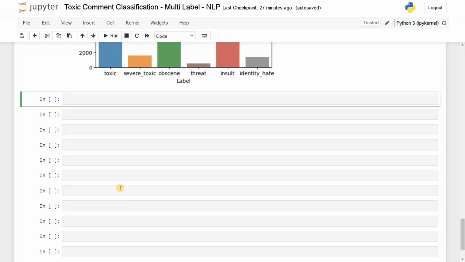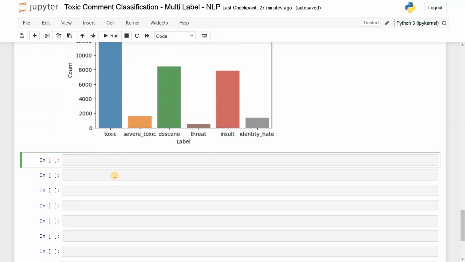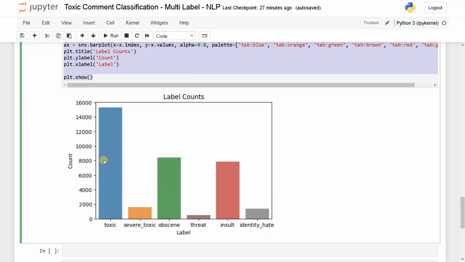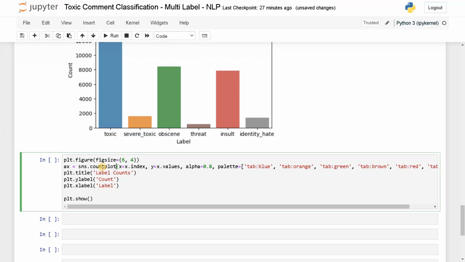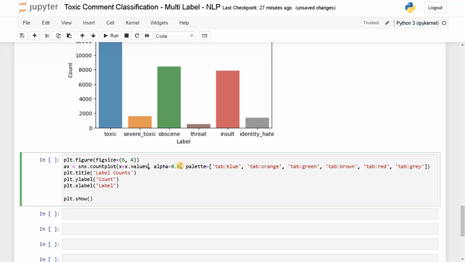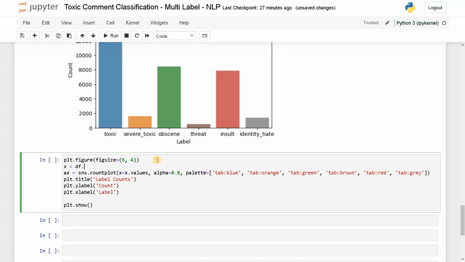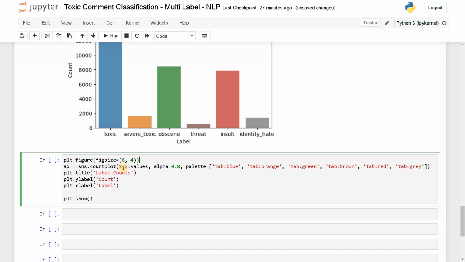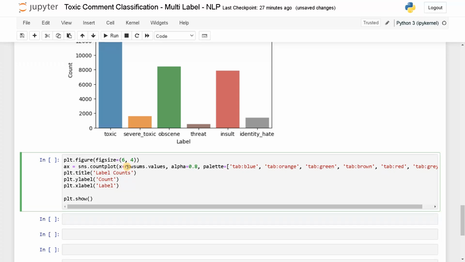Now again, we will use a similar plot, with a few changes. sns.countplot, and x will be df.iloc, 2 colon, sum with axis equals 1, or I think we can use row sums. x equals row_sums.values, palette will be the same, and